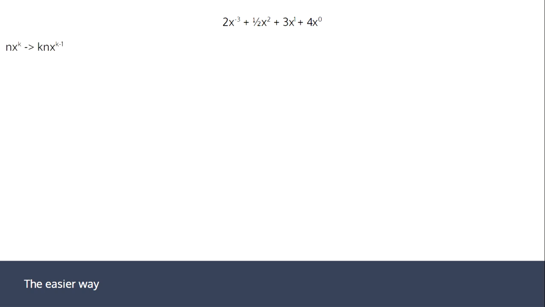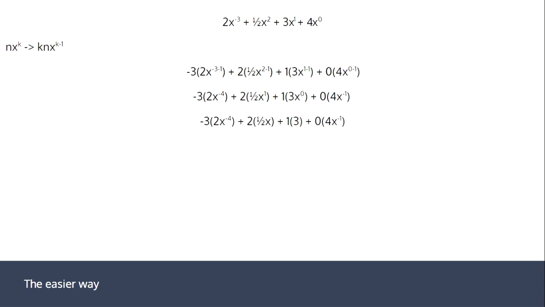If we apply that to each term in our expression, we get this. Now, we simplify the powers, which gives us that. And then immediately there are some things we can do here. The power of 1 can be ignored, and the power of 0 allows us to eliminate x. Now, we have a power of x to the minus 1, but don't worry, because once we multiply out those